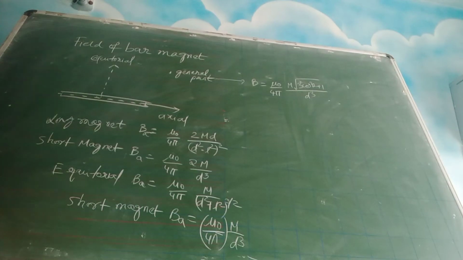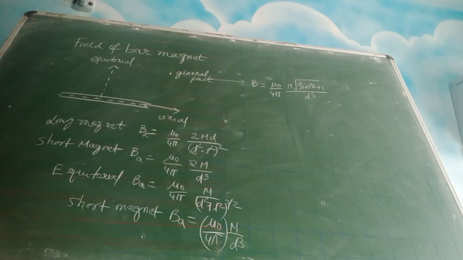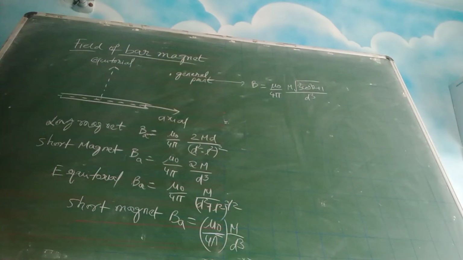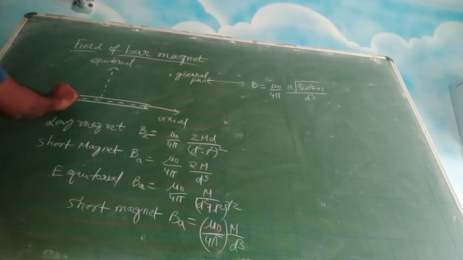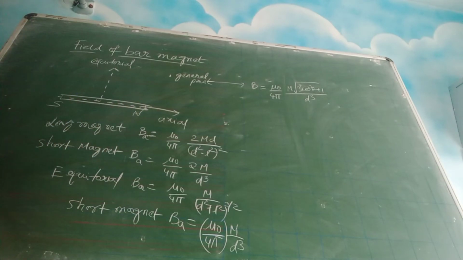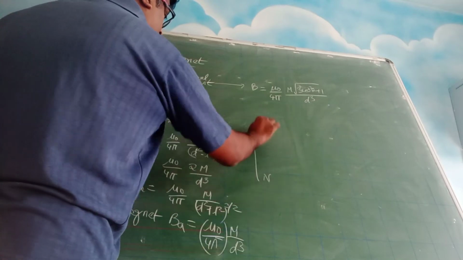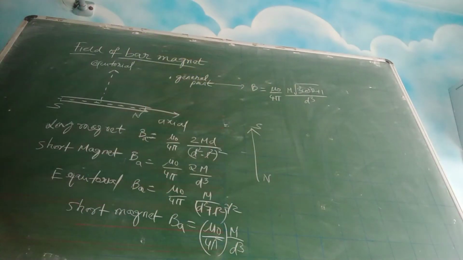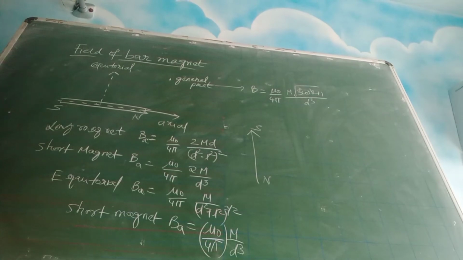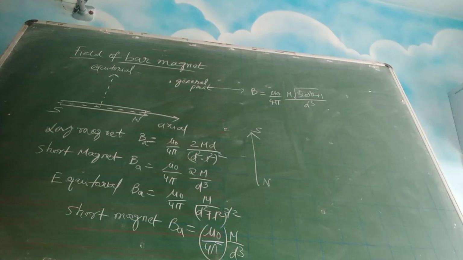See, some formulas you are supposed to know when you are solving questions on the field of a bar magnet. As you know, we are in the pure magnetism chapter. Suppose this is a bar magnet, and this is your north pole and the south pole. Magnetic field lines, when you show them like this, go from north to south. Magnetic field lines will tell you about the intensity, or the strength, of the magnetic field.